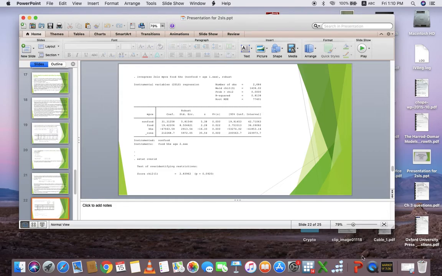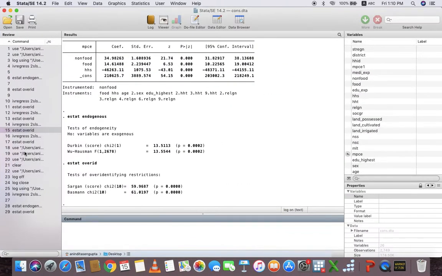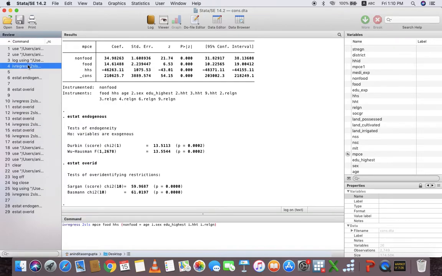So go to the original command of IV regression, this one, and now we just delete the instruments.